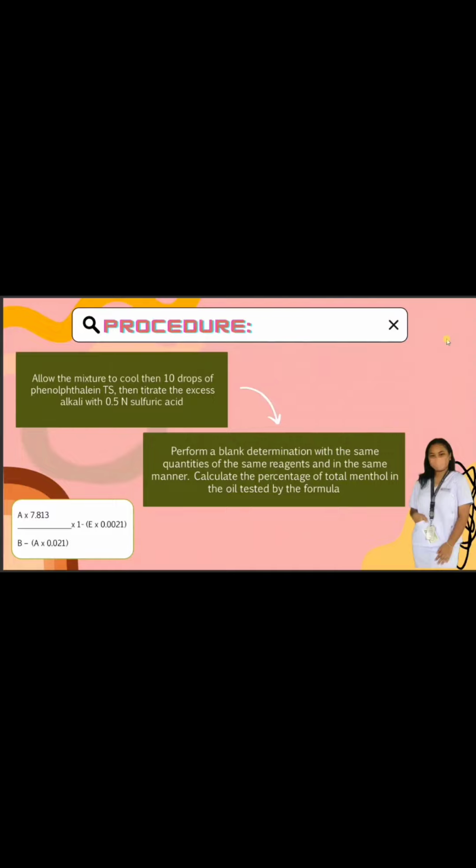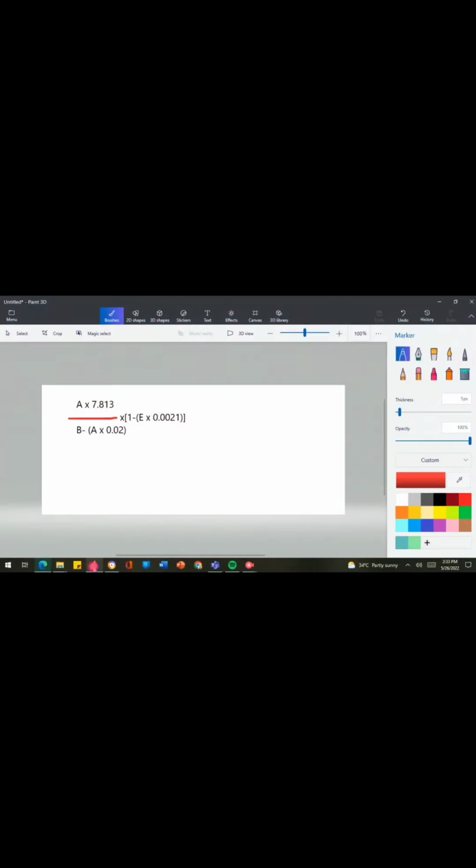So, ayan yung formula, yung A times 7.813 over B minus A times 0.021 times 1 minus E times 0.0021. So, para mas ma-i-explain ng maigi yung formula, yung A times 7.813 over B minus A times 0.021 times 1 minus E times 0.0021. Ayan, alamin natin. So, yung A,